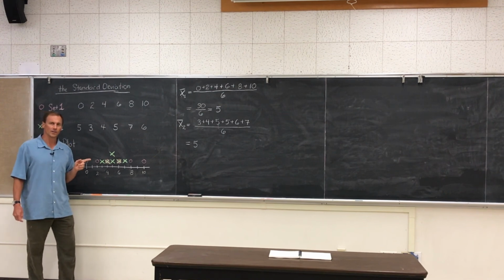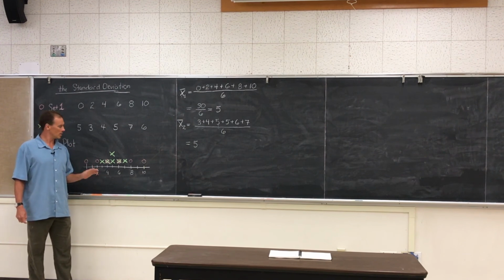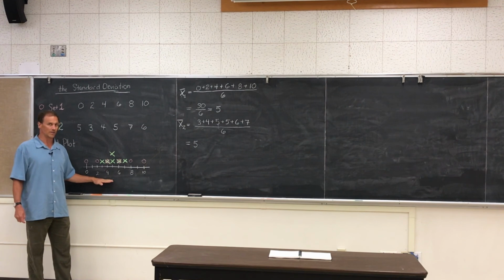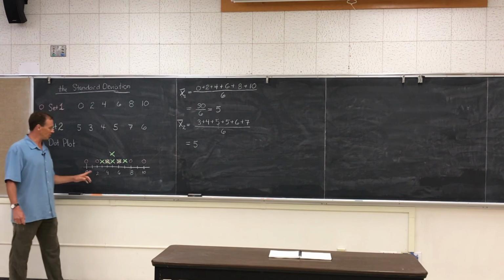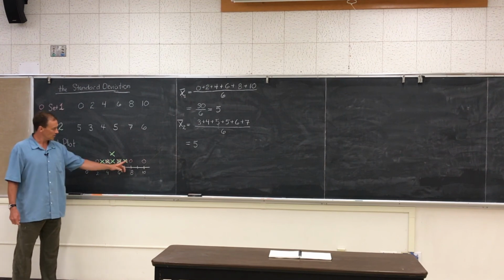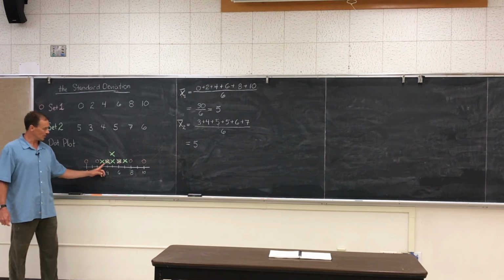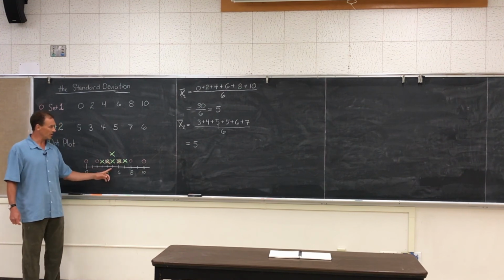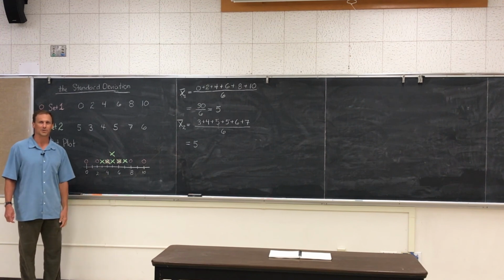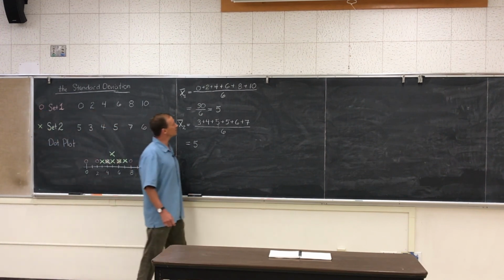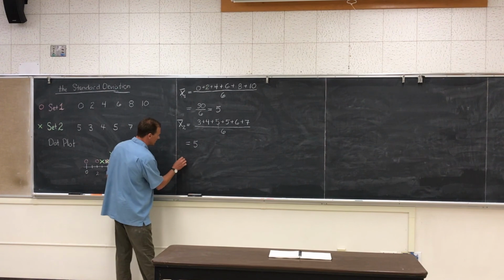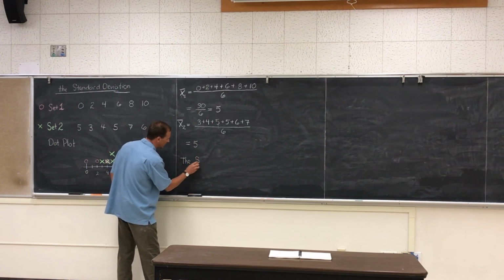So the question then is, is there some more information that we could provide without knowing all of the data? And the answer is yes. The answer is look at the spread. Data set 1 has this huge spread. Data set 2 has very little spread. It's all very close to the mean, and that's what we're going to measure. So let's do that. We say that the standard deviation